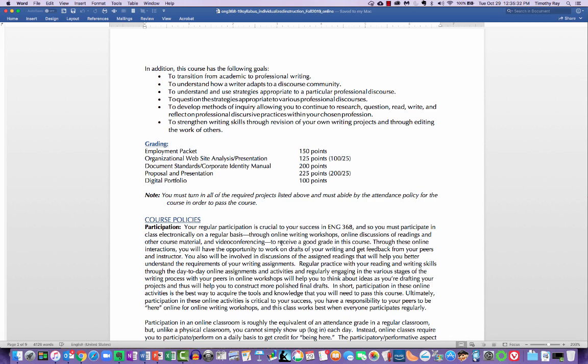But at the same time, we're going to also look at the job search process and strategizing for it. And we have some other documents related to this. So you are going to create a letter of application and a resume, but we're going to start by having you find a job ad or job description for a job that you could apply for now or upon graduation or within 2 to 3 years of graduation.